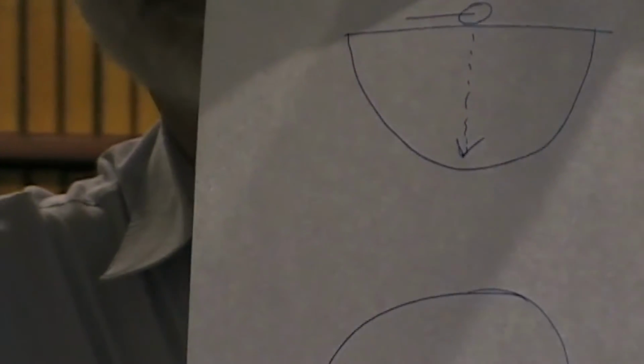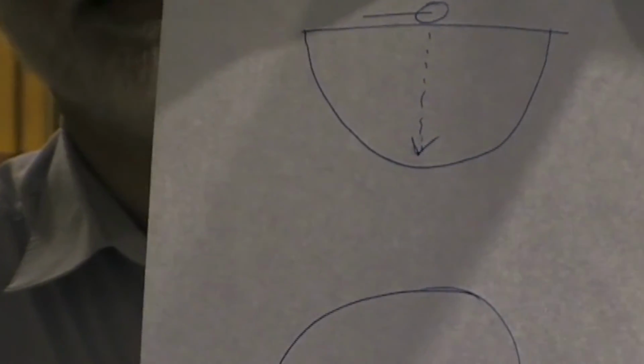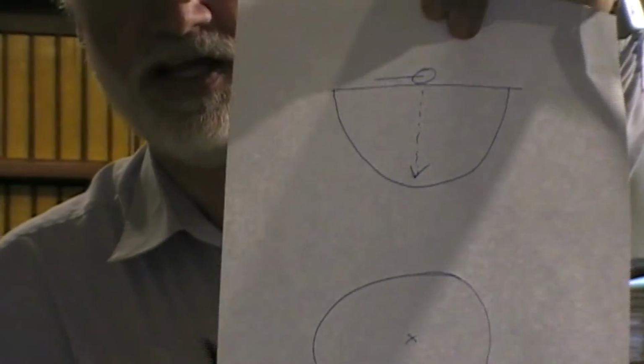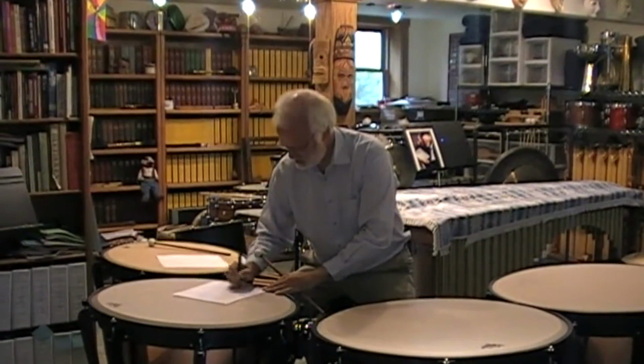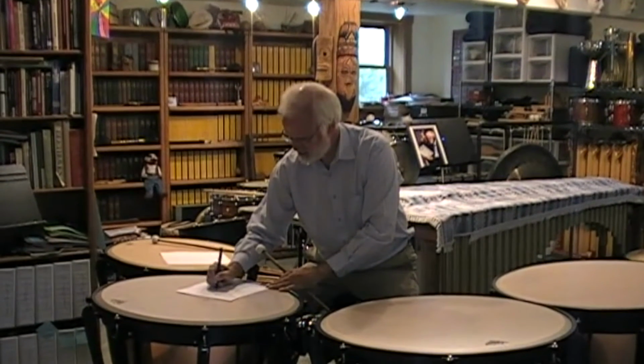Because of the parabolic shape of the bowl, it's a different response and a different way of playing than on a double-headed cylindrical drum, like a snare drum or a tom-tom. If I'm way out at the edge of the drum, essentially what's happening is all of the energy is just scooping along